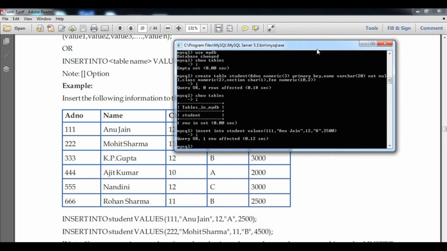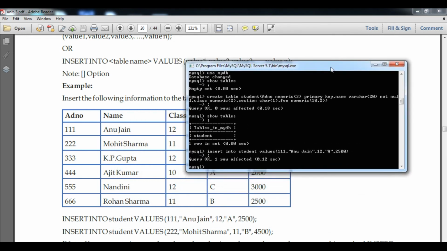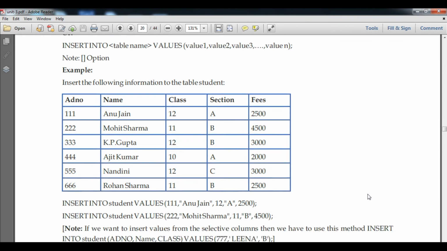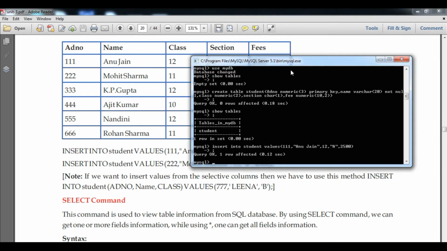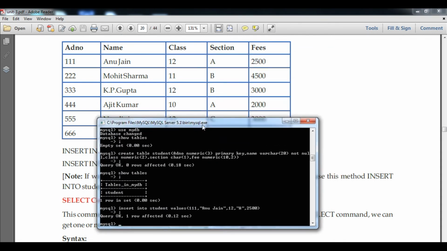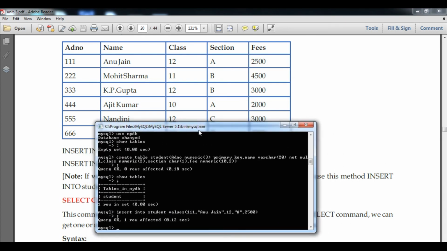Now I am going to enter another value. So student, we can see this particular diagram, and one by one we are going to enter the values in this particular table, student. So again, insert into table name student, okay, values, here roll number is 222, then name of the student Mohit Sharma,